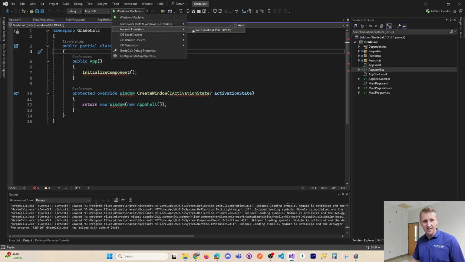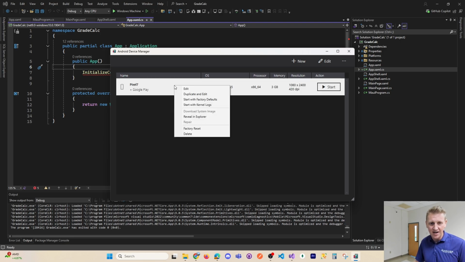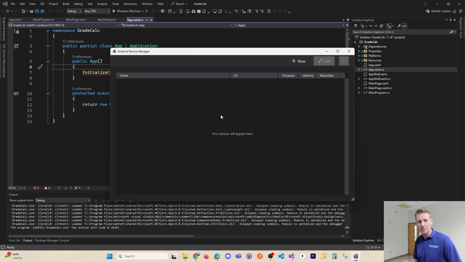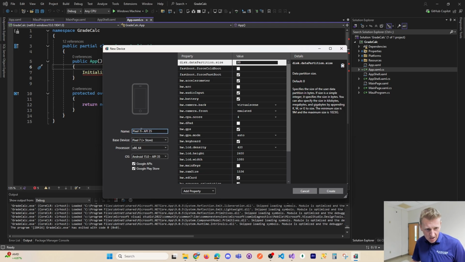if you just select this, my emulator kind of installed automatically for me, but let's just go through the process of, let's pretend that my emulator isn't here. So I'm going to delete this emulator. So you might be looking at your Android device manager that's empty like mine, or if it installed one by default, that's fine. Let's go ahead and click New Device Manager. I've kind of seen a tutorial or two where you actually want to delete the name here. Any spaces, I don't know that that ended up making any difference, but I'm just going to call it Pixel